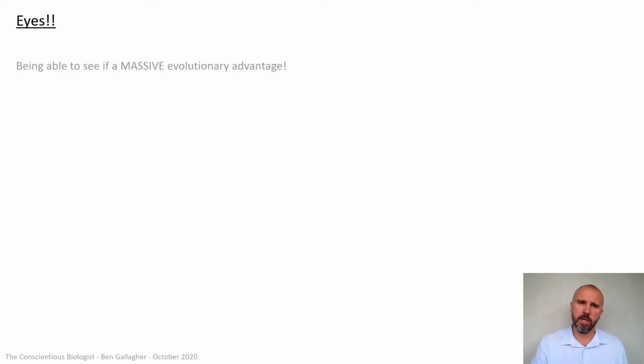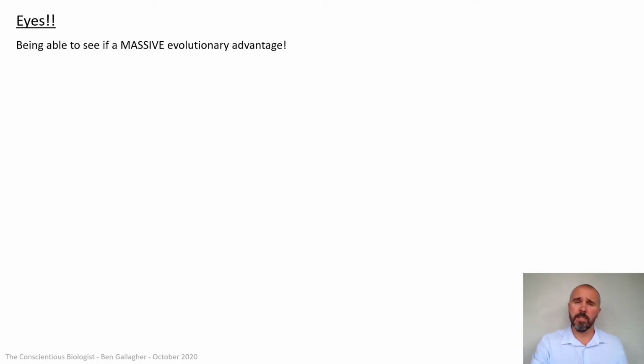So let's start off just by looking at eyes and what amazing evolutionary adaptations eyes are. Now, being able to see is a massive evolutionary advantage. You think in the wild, any animal you can think of would have eyes and would have vision. The only exceptions to that are those for whom eyes would be entirely pointless because they live their entire life